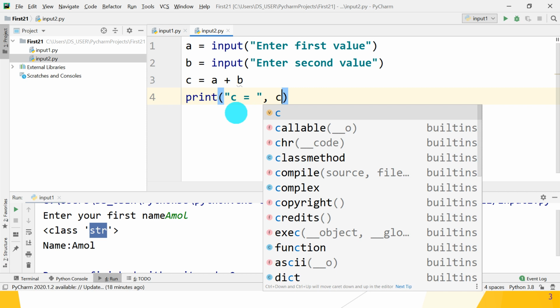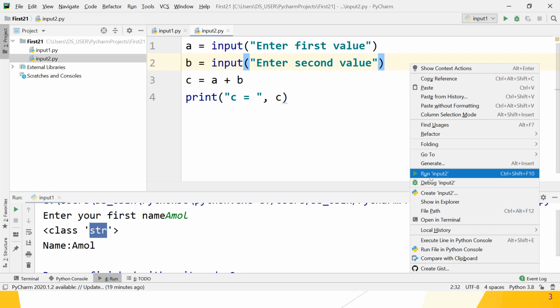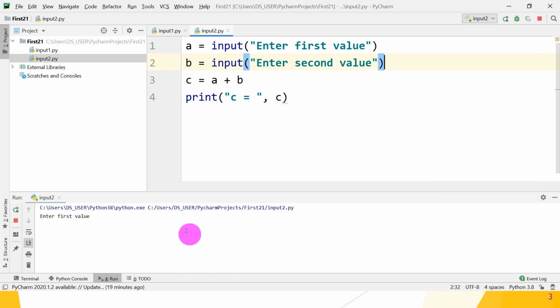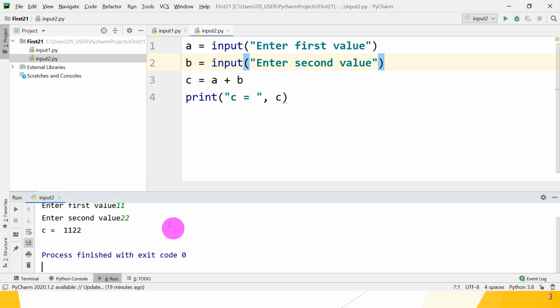So guys, let's check what is the output. Right click, run the input2 file. So it gives you enter first value, I have to enter 11, enter second value 22, and what is the result? It gives you c is equal to 1122.